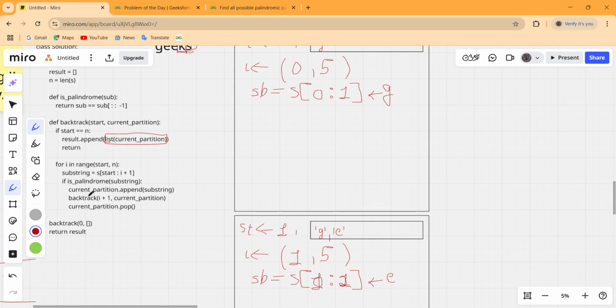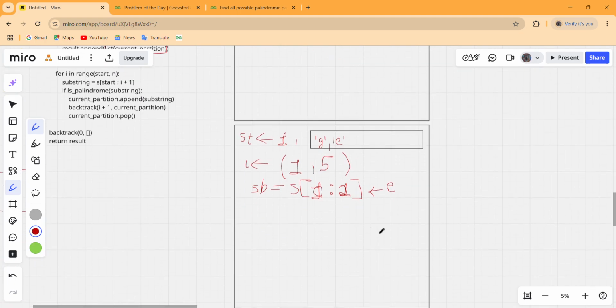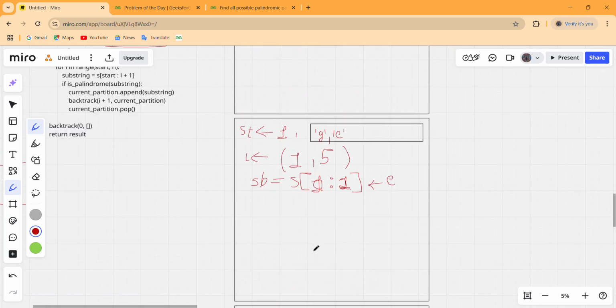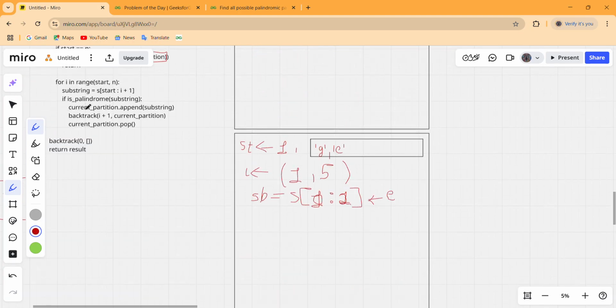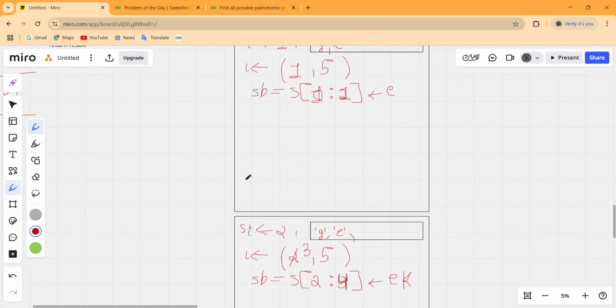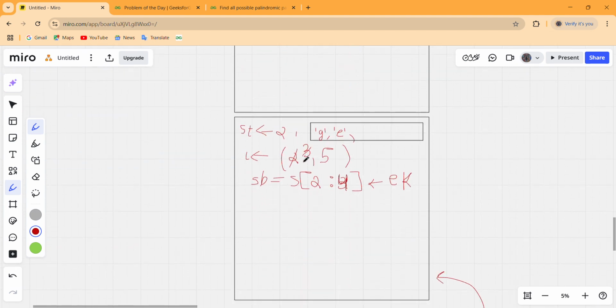And this if gets checked for whether it is a palindrome or not, and when we check this palindrome function, we can clearly see that this is not a palindrome, so this if will not execute and our I gets incremented. Our I is 4 now, and start is still 2 for this function, so this will update from start to I plus 1, that is from 2 to this 4 plus 1, that means this 5,